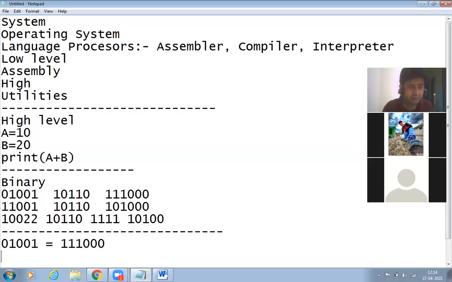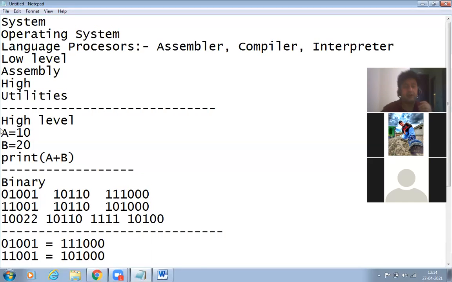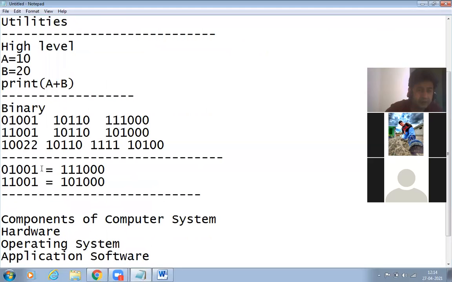Now B is equal to 1 1 0 0 1, equal to sign, then it is B, it is 20. So some codes were replaced by symbols, but the difficulty is that it is very hard for a computer system to understand the meaning of the equal to sign.